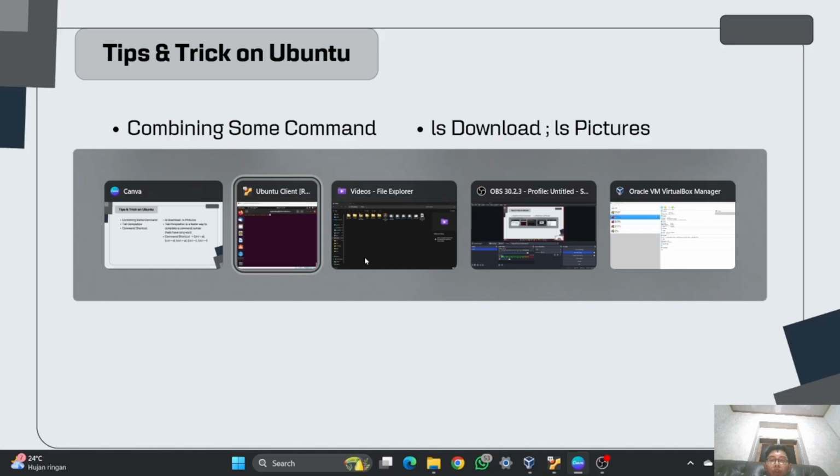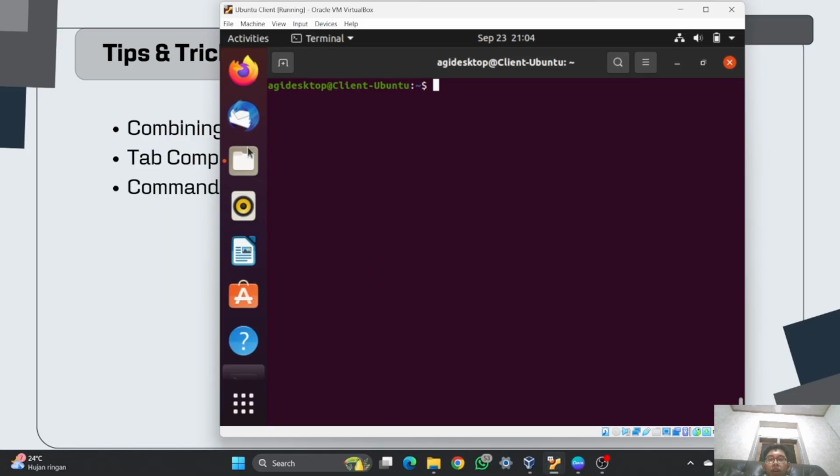So first I will open the Ubuntu client and I will add some files in Documents, Downloads, and Desktop. I will type ls first. The ls command is used when you want to see the list of directories or files. And I will open Documents first. We'll type cd Documents,